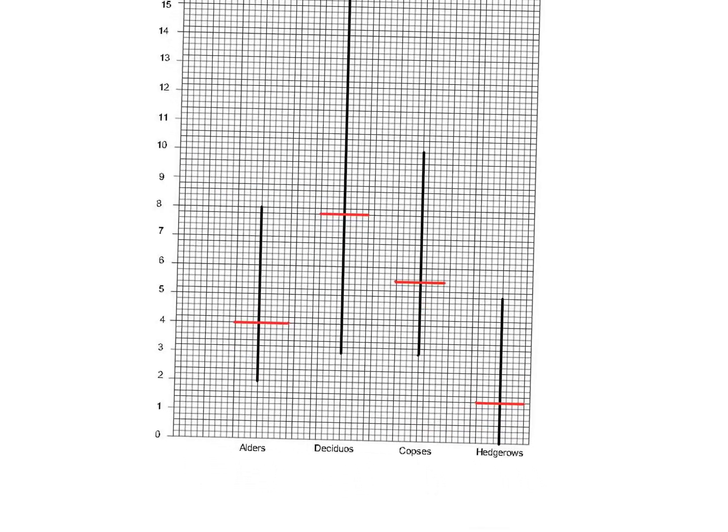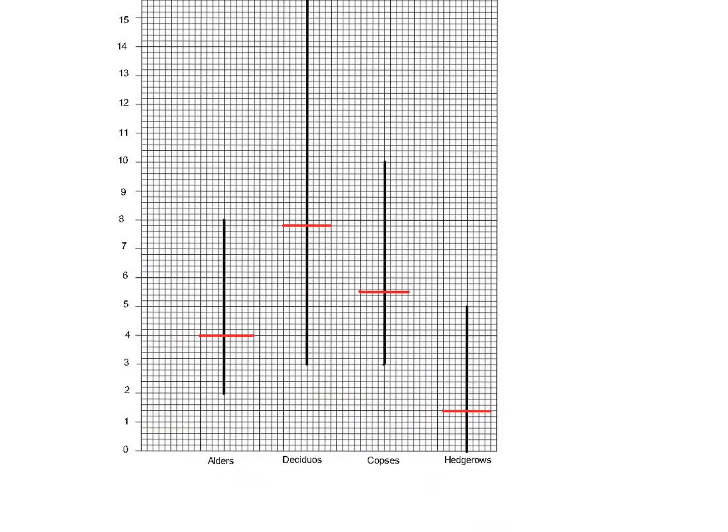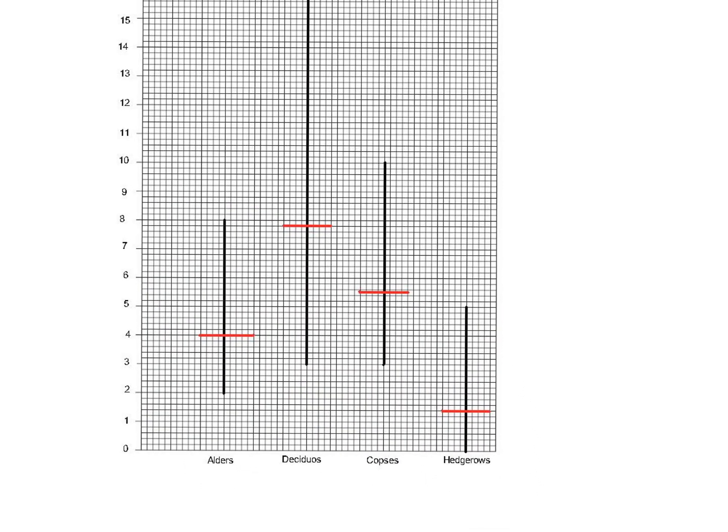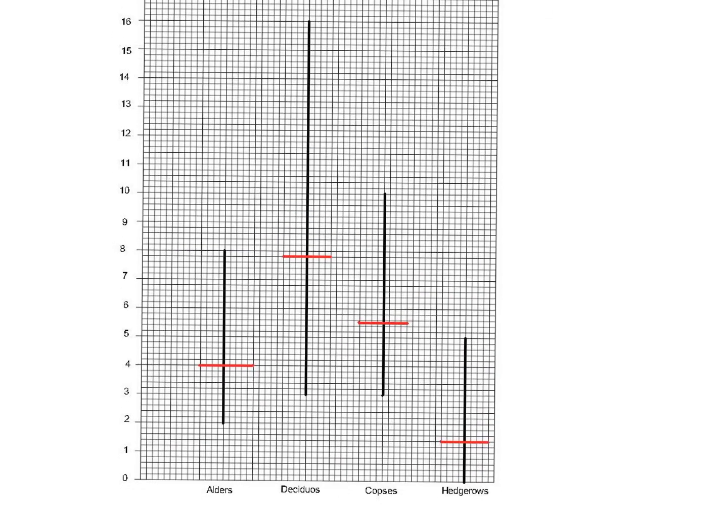Now let's analyze this. This is how a typical exam question goes. You're given a graph and you're asked to analyze what it shows. Okay, so let's have a look at what this shows. The red lines that is shown here, what we're talking about is this red lines. That is the mean number of badger sets in each of the habitat. Okay, and this is the lowest number, and that's the highest number in that particular habitat, alders, as you can